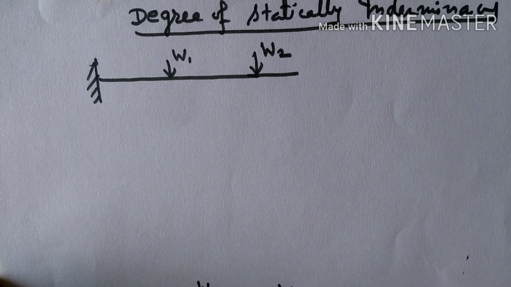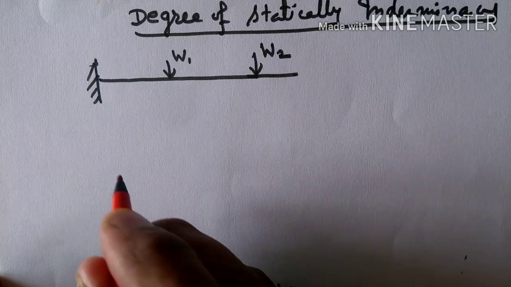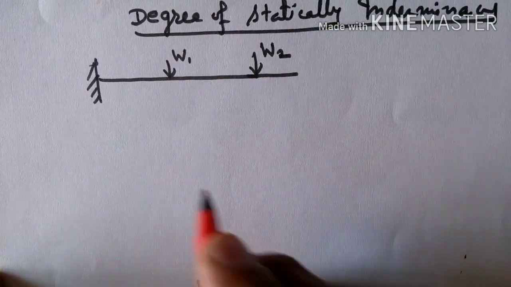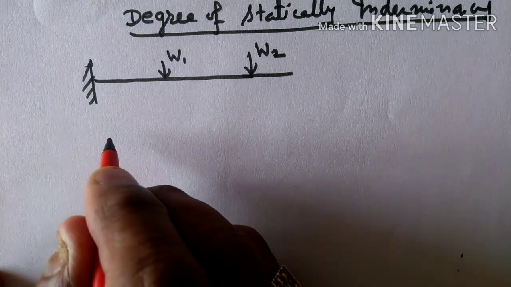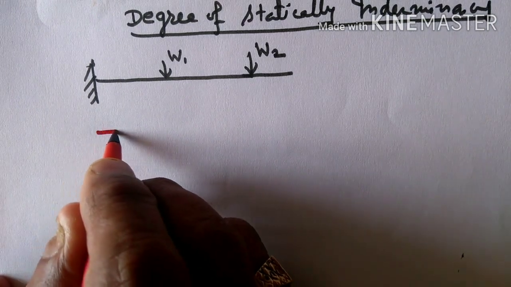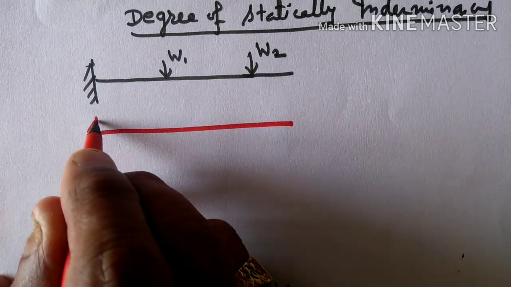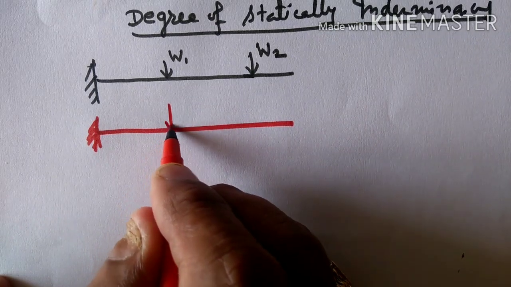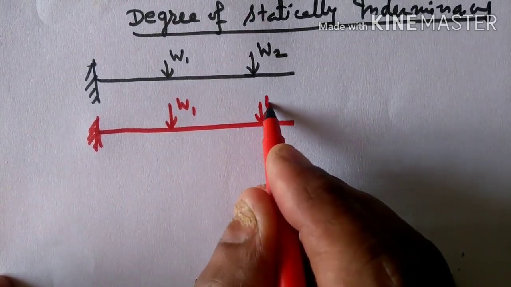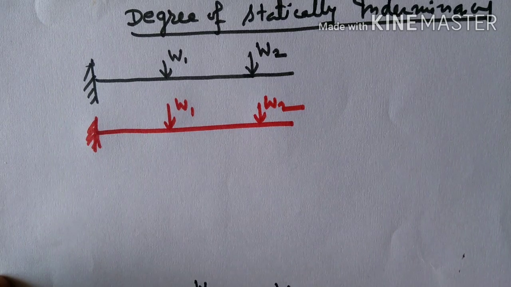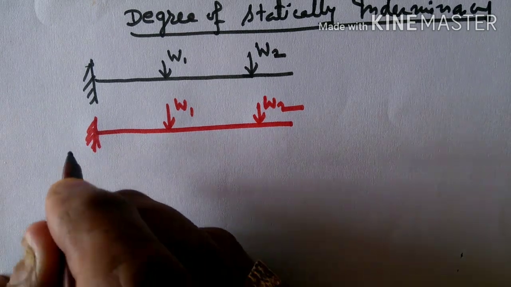दोस्तों, वीडियो में बने रहें और पूरे वीडियो को देखिए ताकि आपका अंडरस्टैंडिंग भी बहुत अच्छे से बने। Draw the free body diagram for it. This is your question and you have to determine the degree of statically indeterminacy. So just write down here, and this is the fixed support, and here is W1 and W2. The free body diagram or line diagram is necessary so that you can plot reactions and other vital things on it.